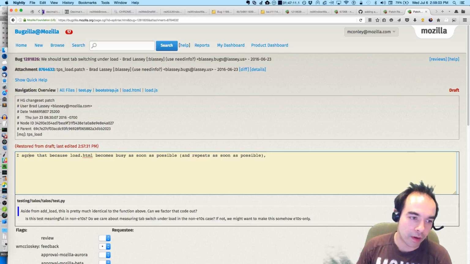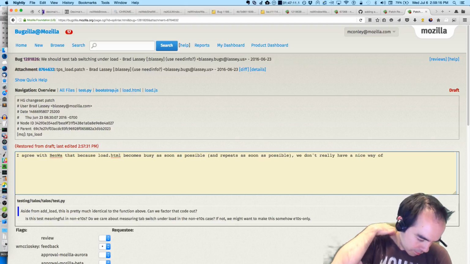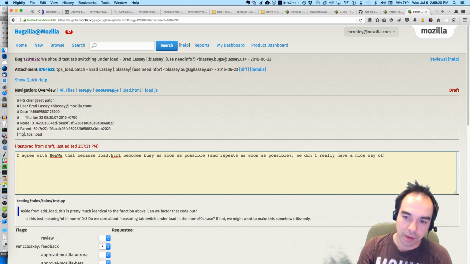I agree with Benoit. Because it becomes busy and repeats as soon as possible, we don't really have a nice way of knowing when the event loop will be freed.